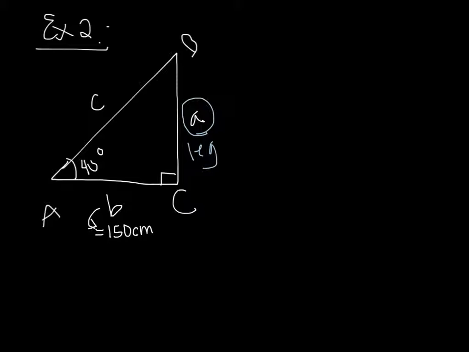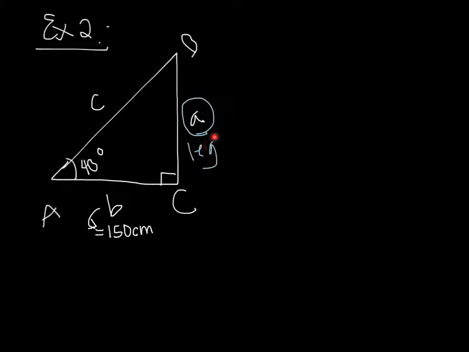This is a 40 right here. So I'm given a triangle with one leg, and I can't use the Pythagorean theorem because I need two unknowns, right? If they gave me the hypotenuse, then I can find A, but they didn't. So this is where we use the trigonometric ratio. And you can use the sine of 40, the cosine, or the tangent of 40. But you have to ask yourself what you want. Well, you want